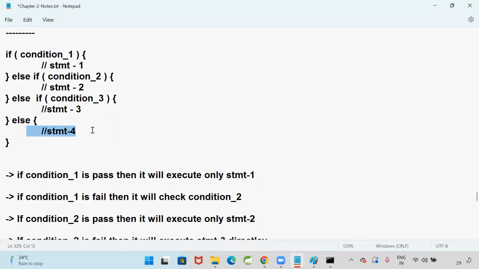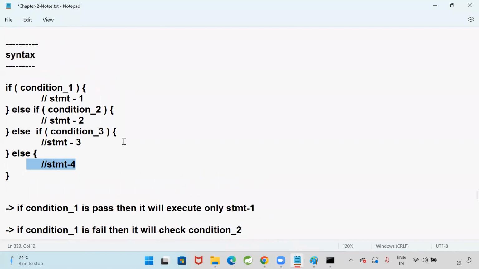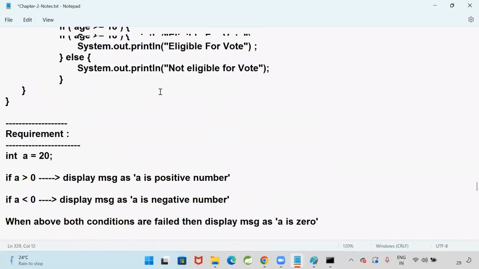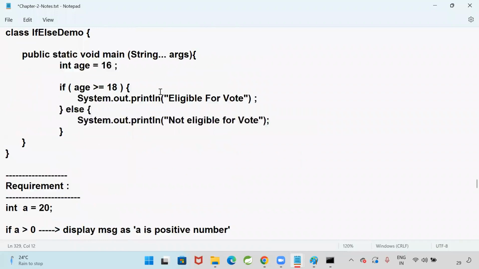If you go for if else, only one condition you can check. If a condition is satisfied, execute one statement. If the condition is not satisfied, execute the other statement. If you have a requirement to check only one condition, use if else. If you have more than one condition to check,